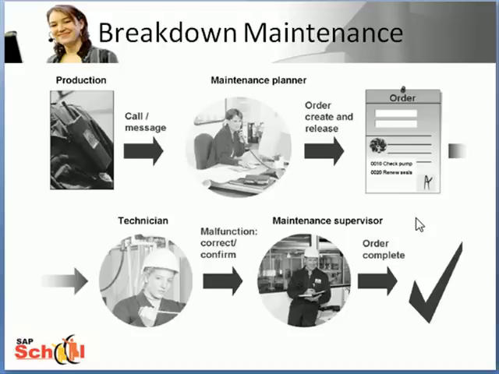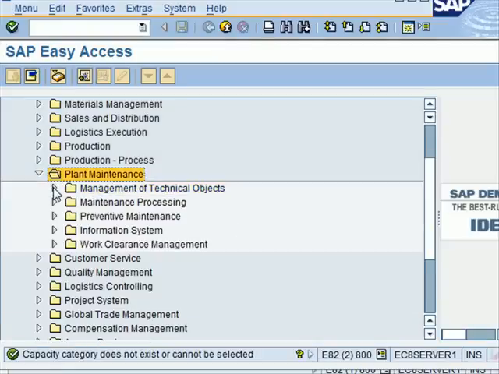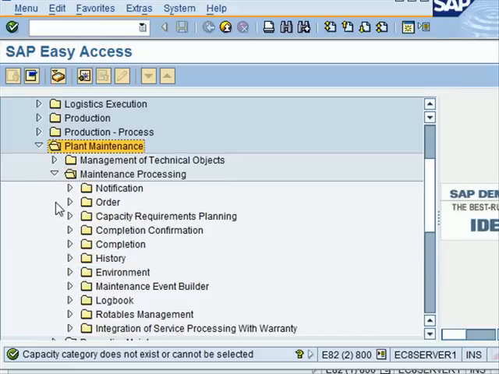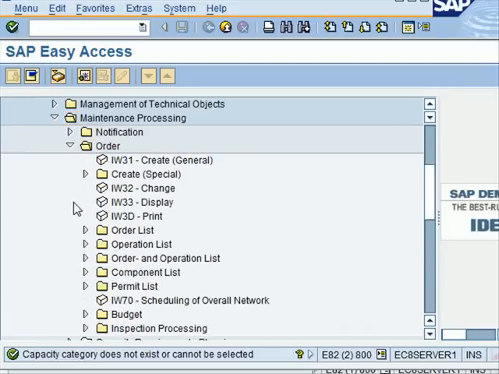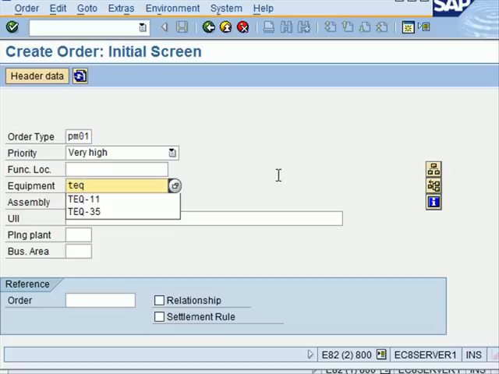Let us now look at how the system supports it. So now we go back to the system. Plant maintenance, maintenance processing, and we want to create a maintenance order without a maintenance notification. So we go to order and we create one. The order type is PM01. Priority is very high, and the equipment is one we've used before, PEQ11. So I press enter,